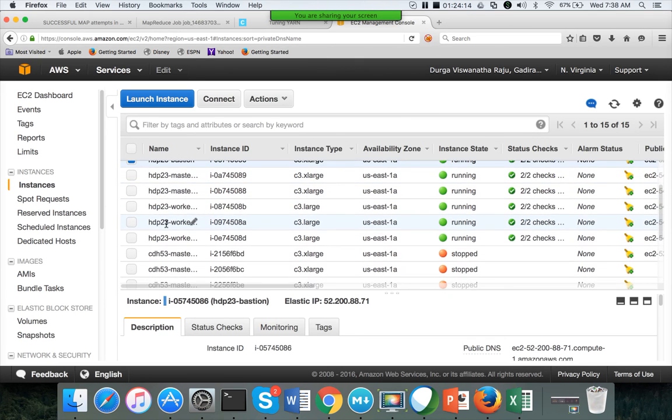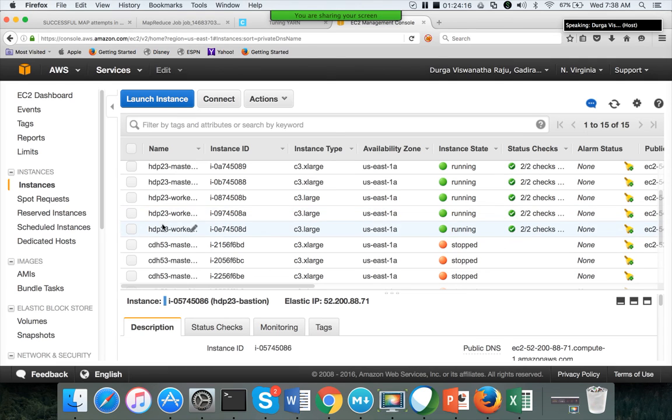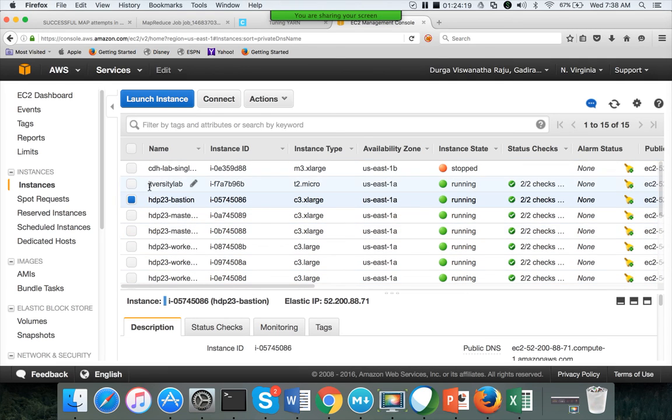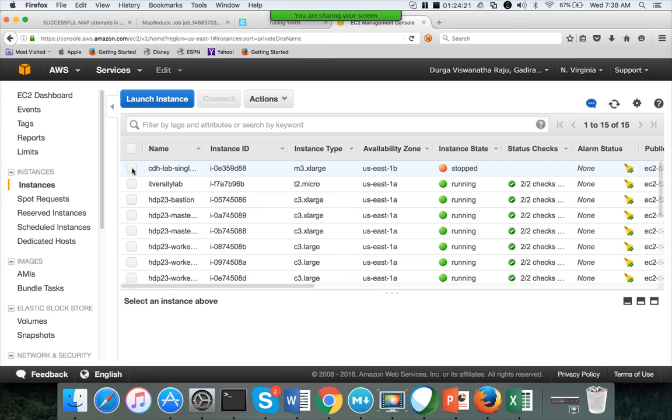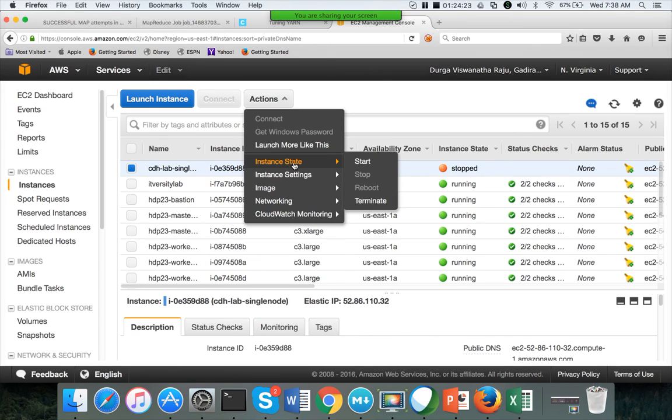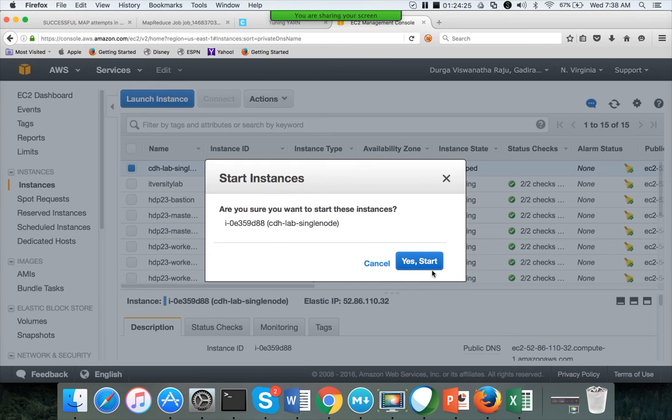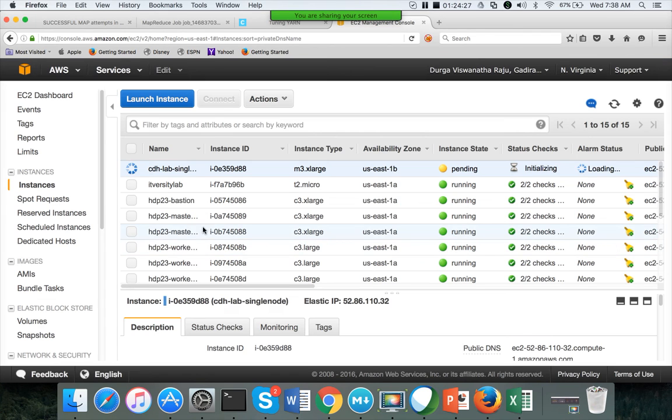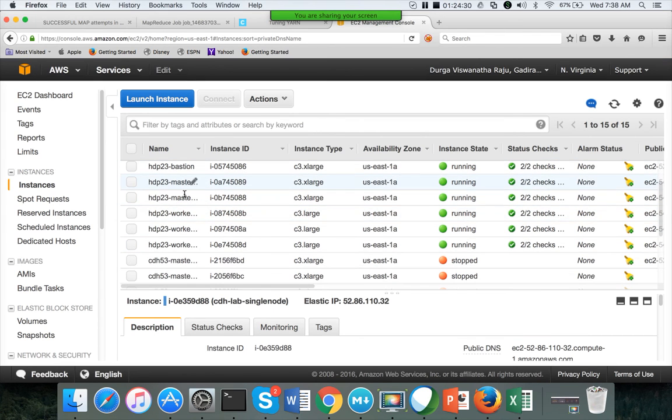So I don't need these things, so I will wait. Okay, I will shut it down later, because I have to pay almost $2 to $3 every hour for each of these clusters which is up and running.